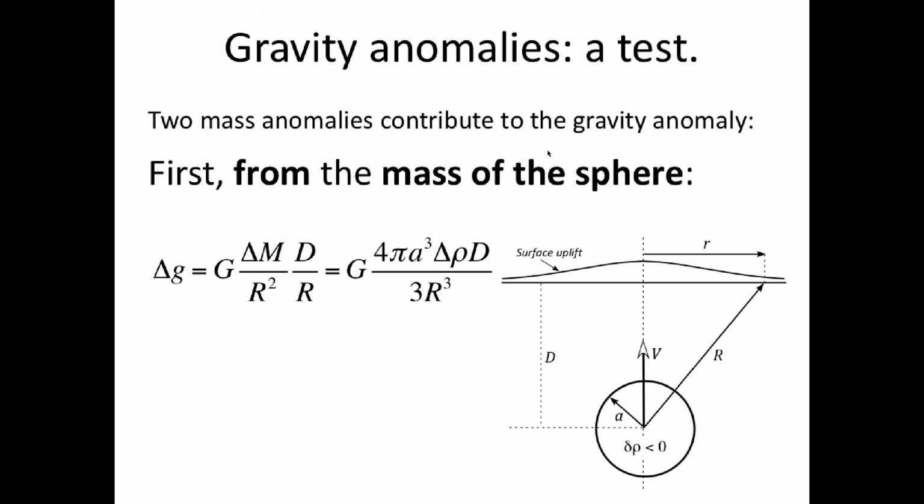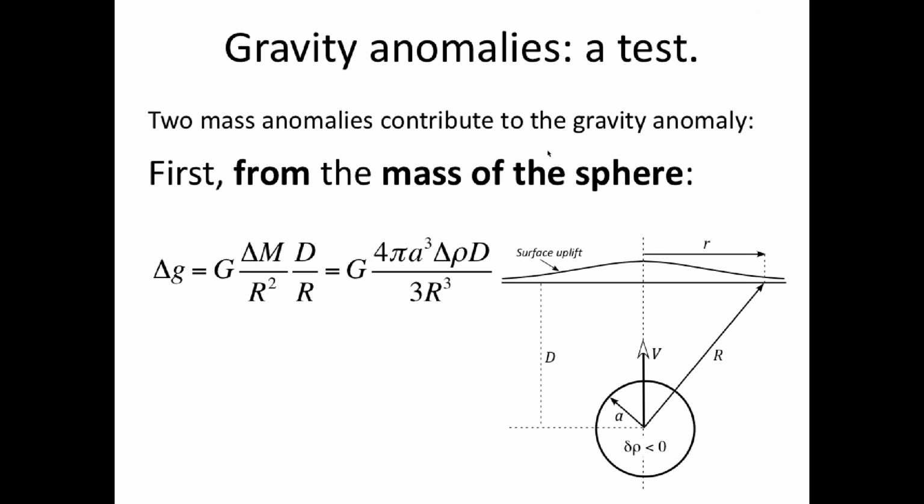But when we measure gravity, we measure the vertical component. So we need to take into account a bit of trigonometry in here. It scales if we're really far away. If r is way out to the side, out in here, we get a smaller component for the same depth because the vertical component of gravity is smaller.